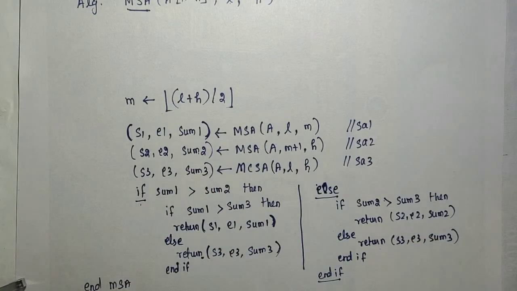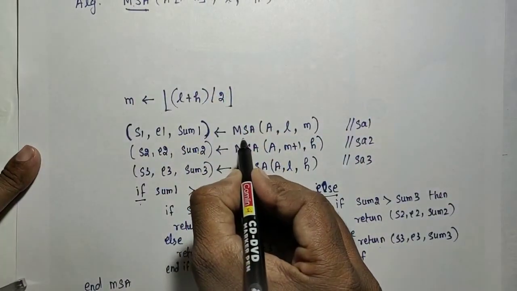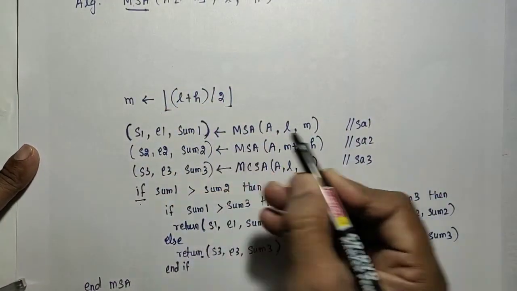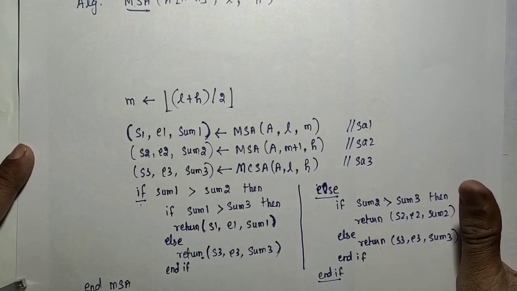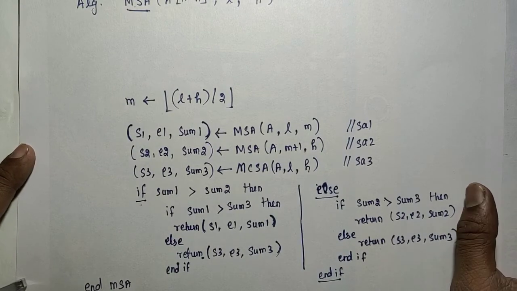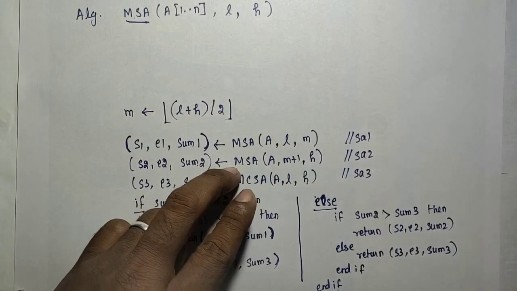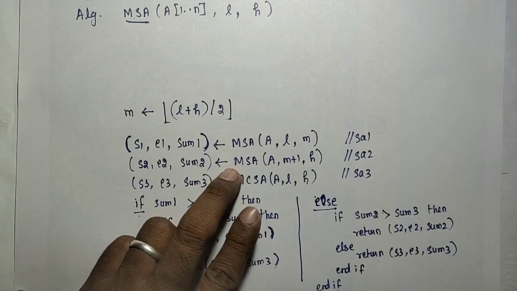Okay, so whenever you are going to design a recursive algorithm, we need to set the base case. Recursive means we are calling the same algorithm recursively. For a recursive procedure, we need to set the base condition. Base condition means the termination condition. If you are not setting the termination condition, your algorithm will be executed recursively infinitely. It will not stop.